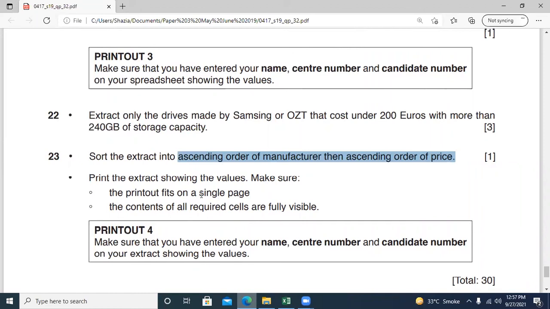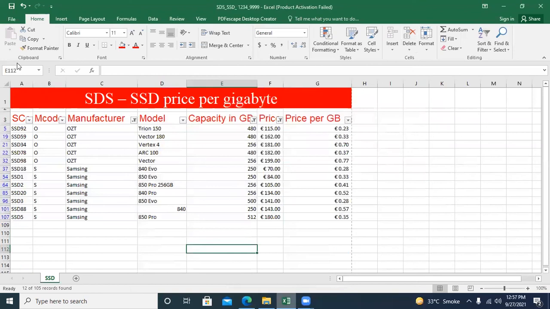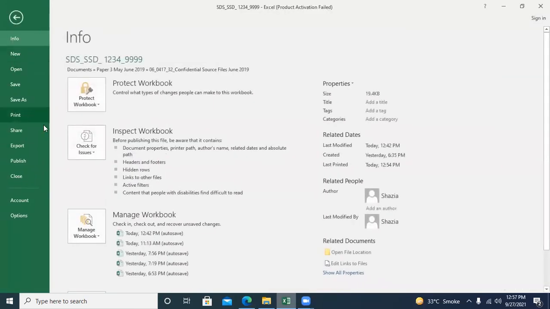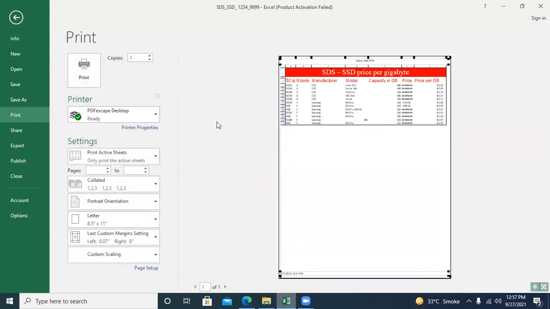Make sure the printout fits on a single page, and the contents of all required cells are fully visible. Let's have the next printout. Print, and that's all. Look, it shows the complete reference and complete fields and columns.